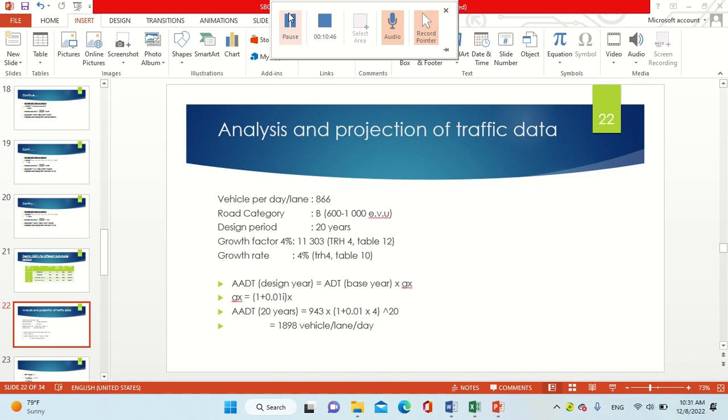Now let's look at the analysis and projection of traffic data. Since we have collected the information that we needed, as I mentioned earlier in this presentation, during the collection of information from the City of Tshwane municipality, we found that the vehicles per day per lane was 866. The road category was B. The design period was 20 years, and the growth factor was 4%, which equated to